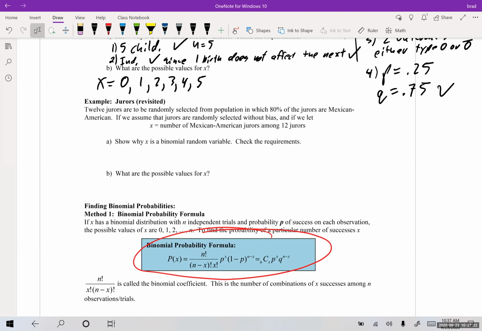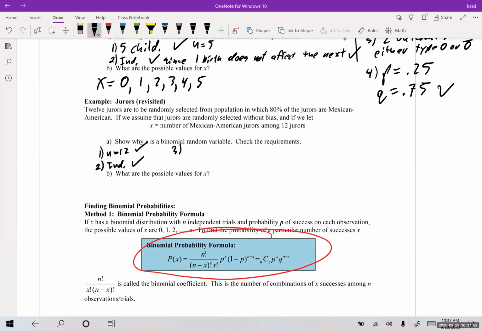So if we assume jurors are randomly selected without bias, and if we let X equal the number of Mexican American jurors among 12, show why X is a binomial variable, check the requirements. So once again, n equals 12, check. 2, independent, check. By the way, I don't want to write it all out, but one juror chosen does not affect the next juror's probability of being chosen. And then number 3 would be,